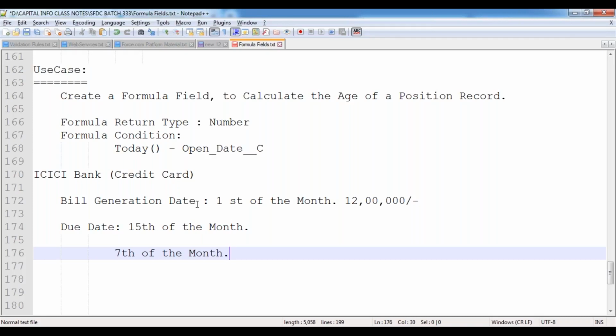Suppose you did not pay the credit card bill on time, the next day they will block your card. From there, you can't perform any online purchases. So like that, they keep on sending notifications based on specific time intervals to the customers. In a similar way here also, I would like to send the notification for that. So now I would like to calculate how many days are left to close the position here.